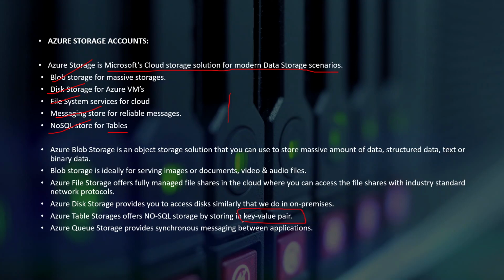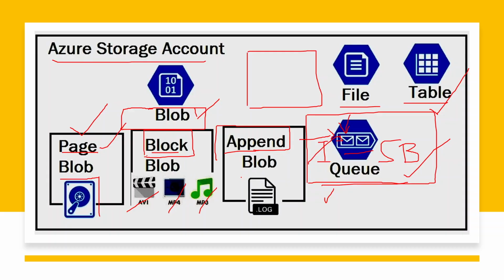If you want to store any document, let's say I will store a document with the help of Banu, like banu.jpg or banu.doc, we can store in that format also. If you want to store images or any data, it is NoSQL data, which we can store in the form of key value pairs. Coming to blob storage, we can store structured data, text or binary data, document files, videos, and audio files also. Video and audio files come under the normal blob, whereas append blob is used for